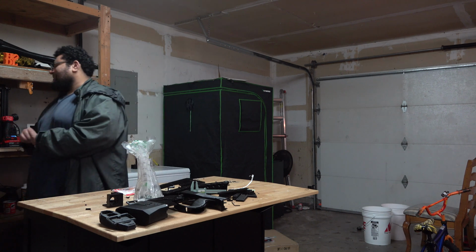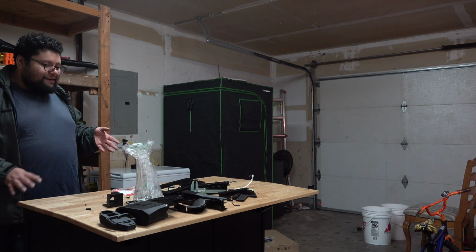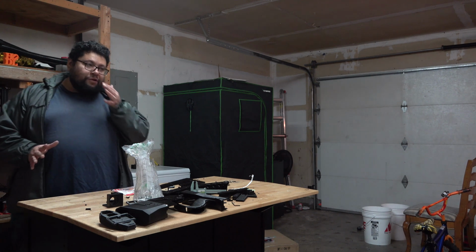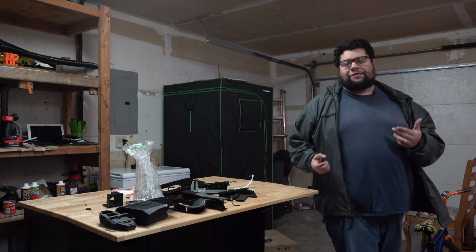this stuff's pandemonium. Like, the garage is not pandemonium, but trying to look for something when you really want to look for something, it's like pandemonium. I just barely found